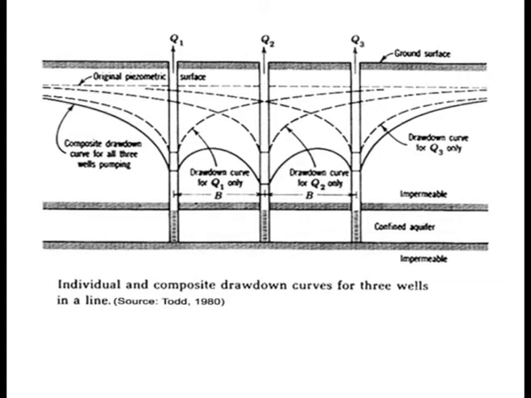So now I will tell you about the multi-well system. What is a multi-well system? It means a number of wells are drilled in a line or near other wells. So what will happen if you pump one well? The water level in the other well is affected, meaning the drawdown curve of one well overlaps with the drawdown curve of the other well. When the drawdown curves of two wells overlap, it is said that there is interference in the wells. So this interference should not be there.